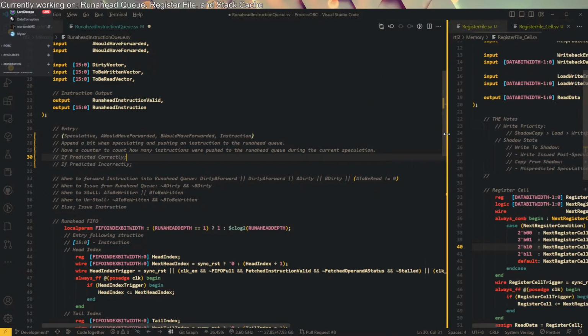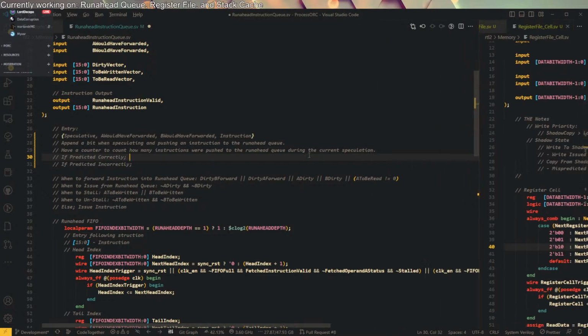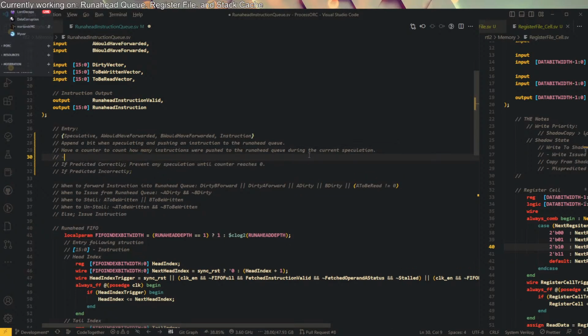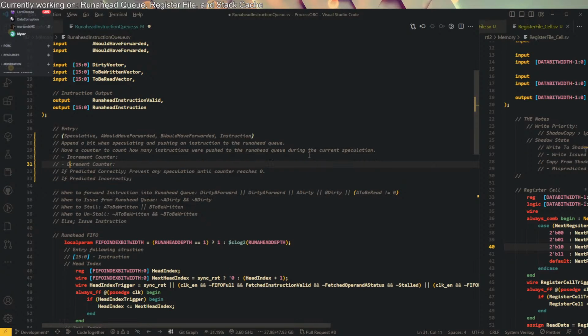If you predicted correctly, then prevent any speculation to reach it. Why isn't there any needles in here? That you decrement the counter when you